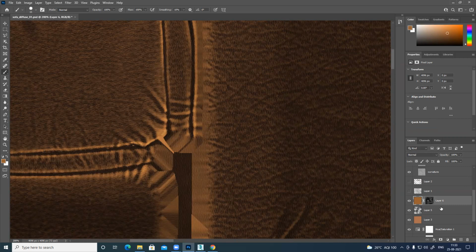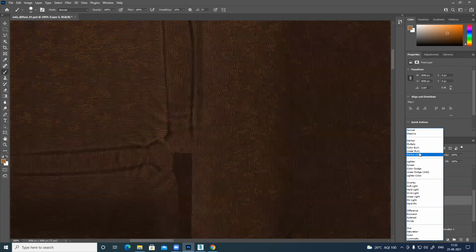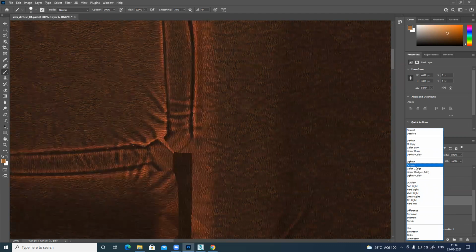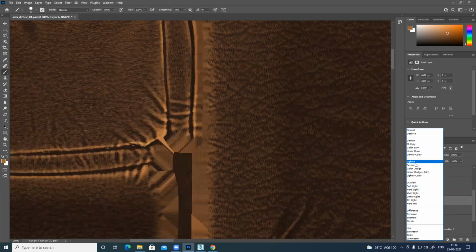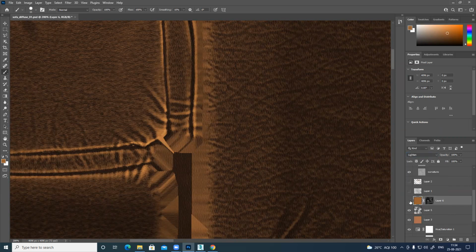So what I have to do is blend this. Either I change the blending mode to soft light, or you can see overlay, soft light. Corners you can see slightly orangish reddish visible. So you can check through all the things. Light is also kind of fine. You can use this for a nicely bright result, but it's affecting everything. So what I'll do is, it's way too bright, I'll reduce the opacity.